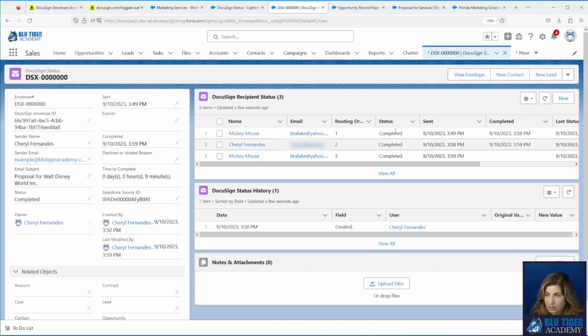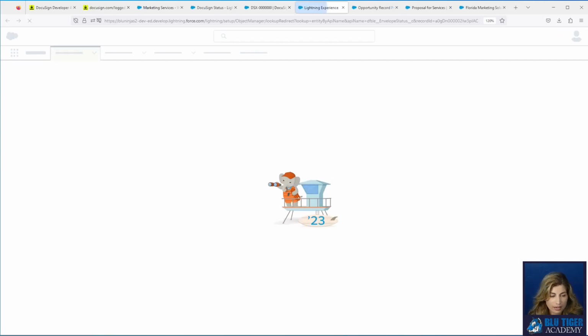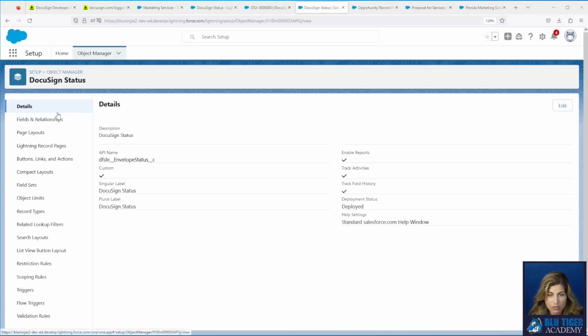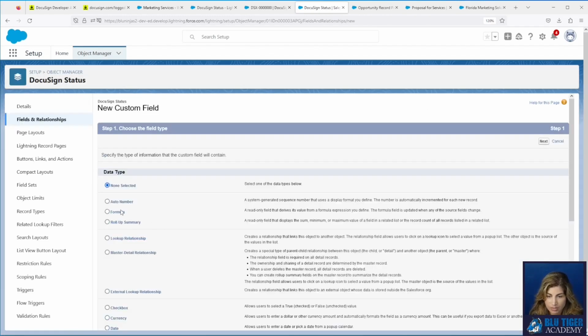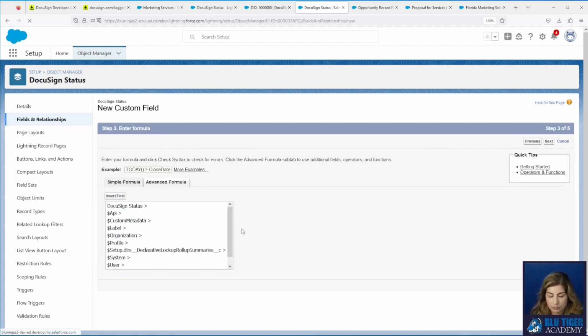So the easy route here is we're going to add a custom field to the DocuSign status record. And it's going to be a formula. It'll be a checkbox, and it's going to be called Current User Is Op Owner. Then we'll click next.